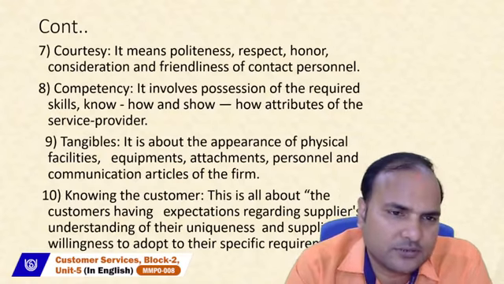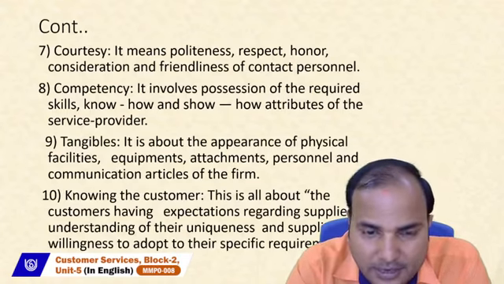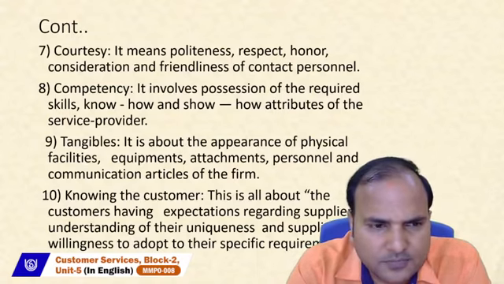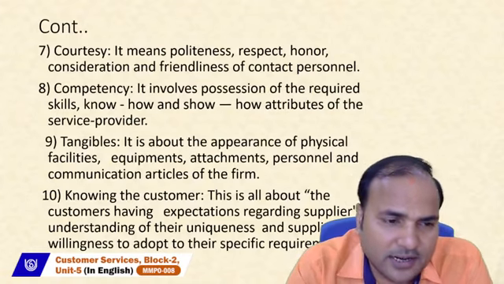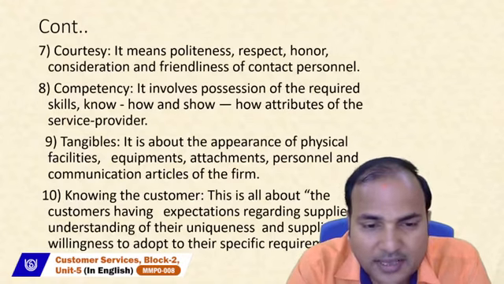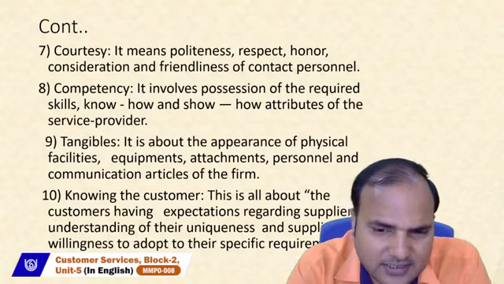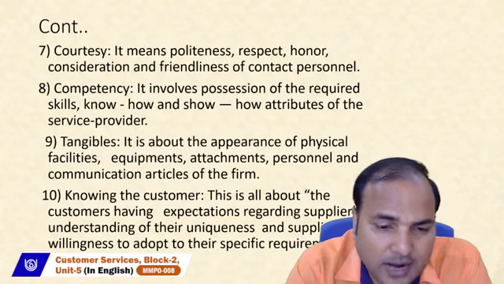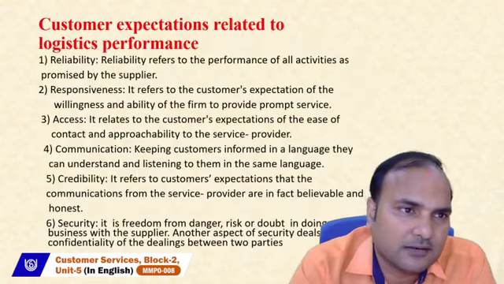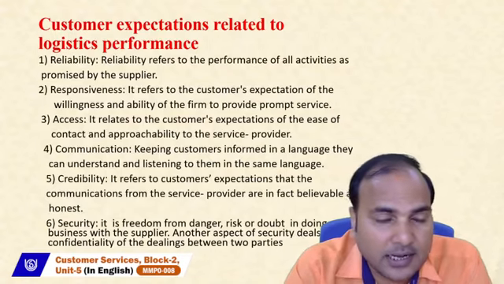Next is your tangibles. It is about the appearance of physical facilities, equipment, personnel, and communication articles of the firm. Then number 10 is knowing the customer. This is all about the customers having expectation regarding the supplier's understanding of their uniqueness and supplier willingness to adapt to their specific requirements. So these 10 points we have to remember in case of your customer expectation related to